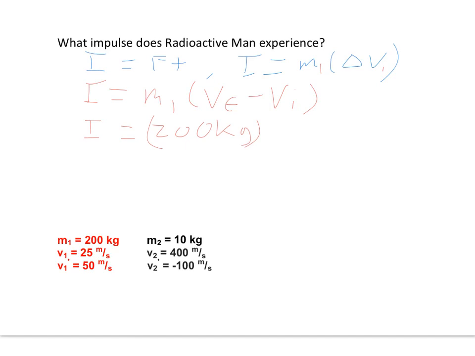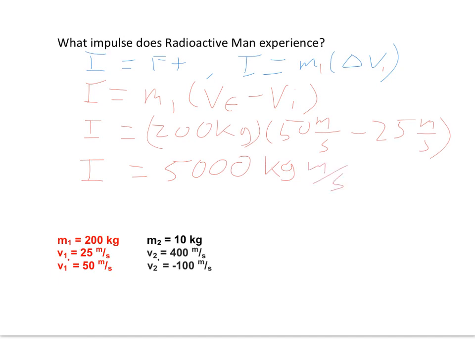His speed is increased up to 50 meters per second, when it was 25 meters per second. If I do a quick calculation, I wind up with 5,000. And if I look at my units, kg